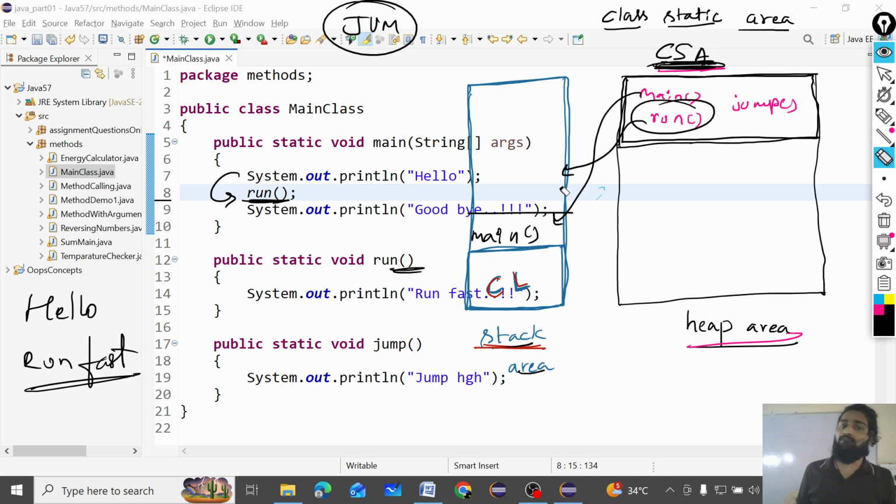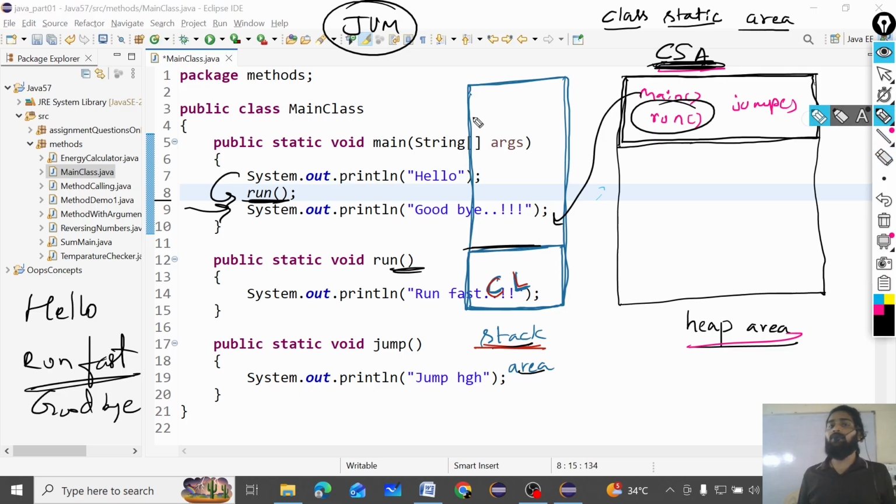The run method will be removed from the stack. Then what happens now? JVM will fall back to the main method. Then what will it print? Goodbye. Clear now? Then after that, the main method also got over. The main method is also terminated from the stack area. At last who will come? The garbage collector will come. What will the garbage collector do? It will remove all the